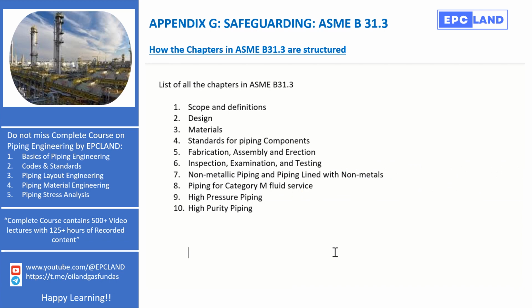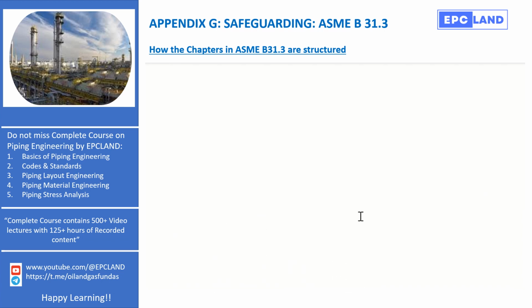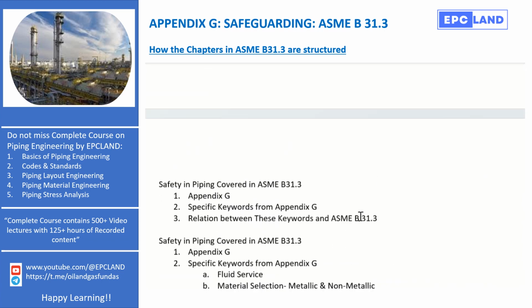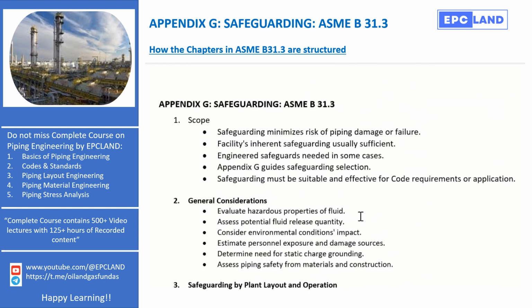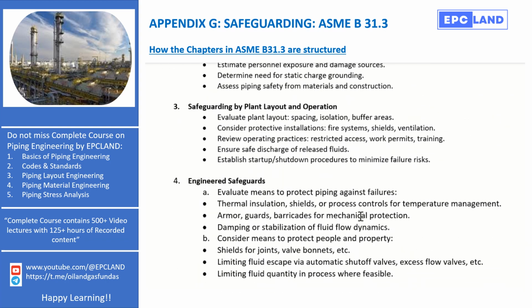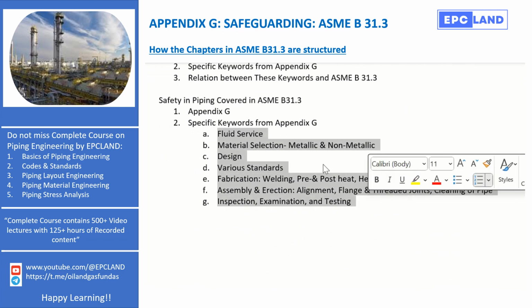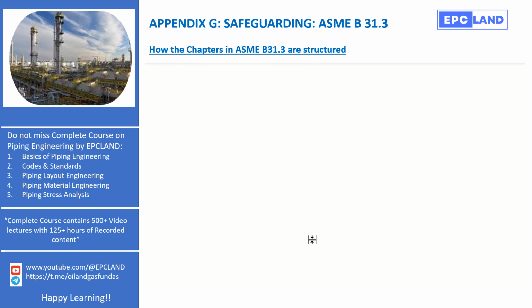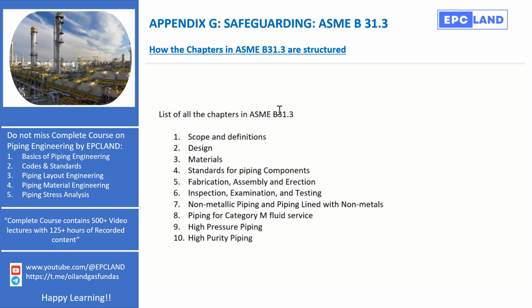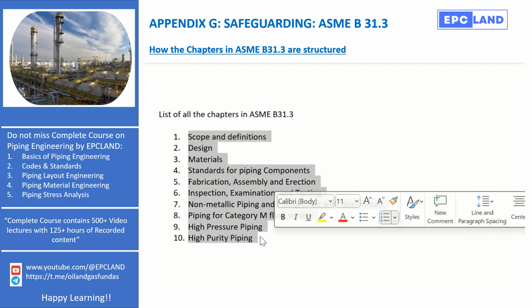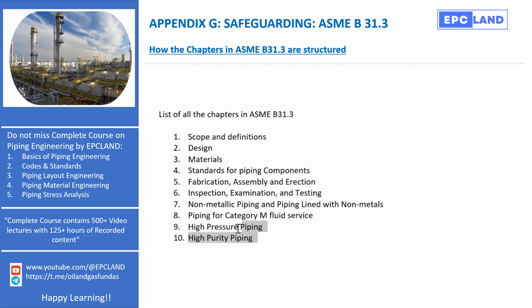So now why are we talking about this? We talked about Appendix G in detail, right? These are the four sections. We talked about the keywords which have been covered in Appendix G. Now we are relating these keywords with all the chapters which are there in ASME B31.3. Now again, once we know these chapters are adding safety into the piping system, the most critical point here is